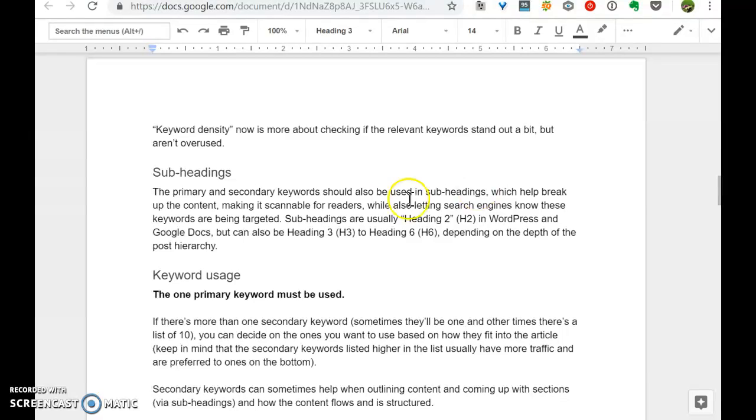In terms of SEO headlines, it starts with subheads: there's H2 to H6, and they follow a nested hierarchy. If you can include the primary keyword once more, and then secondary keywords, within those subheadings, that helps with the heavy lifting. But since it's in a subheading, it doesn't have to appear as much in the actual content itself.